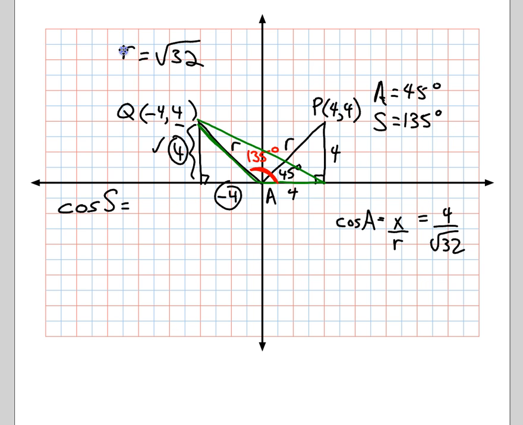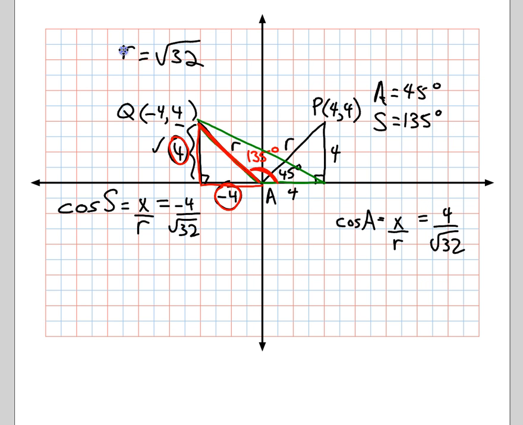Okay, that's my angle. So my terminal arm for the supplement is here, and this triangle that I want to form in quadrant 2 defines the length of y, which we already labeled, and the length of x. Now if we use again our coordinate definition, x divided by r, we now have to put in a different x value because the terminal arm is 4 units to the left of the origin. So that gives it a negative value, negative 4 over root 32,